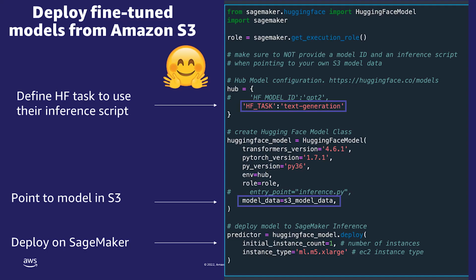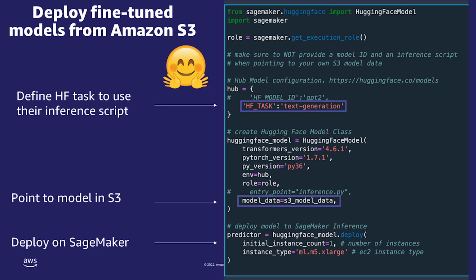However, if you are using a fine-tuned model from S3, please don't pass that model ID. Just don't pass that model ID at all, and it will perform a lot better for you. It'll be a lot easier. So just don't pass that model ID when you have S3 model data. And the S3 model data comes in down here.